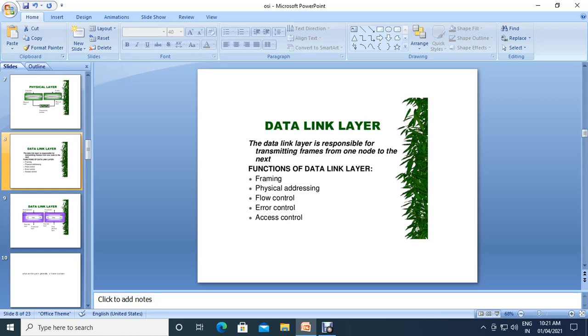These are all the functions done by the data link layer. A node means a computer system or anything we are mentioning as a node here.